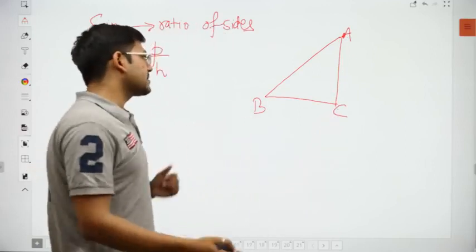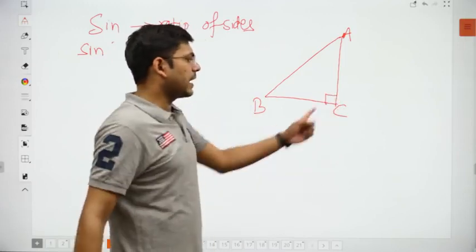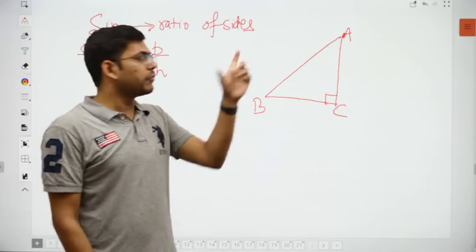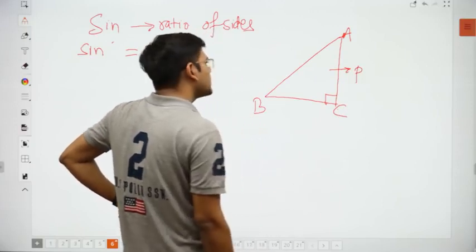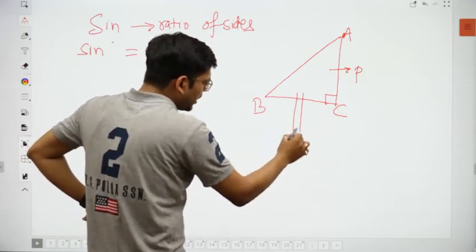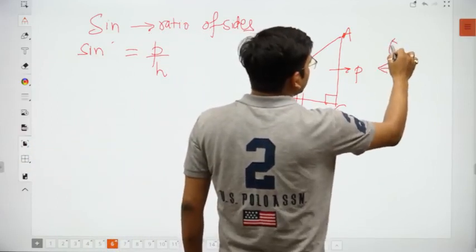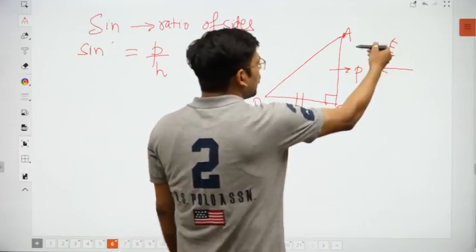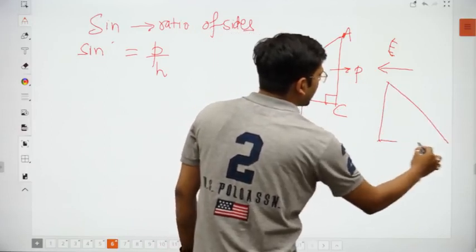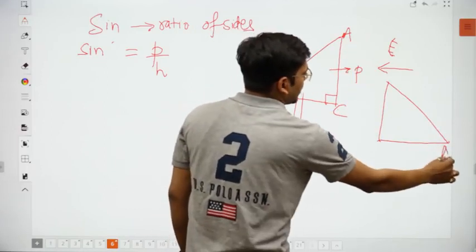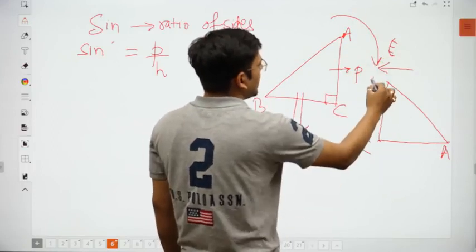So I will ask some student: if this is a right angle triangle, angle C is 90 degrees, then which side would be perpendicular? The boy will very readily tell that this is the perpendicular side. I will say okay. Now you do one thing: move this triangle or watch it from this side. If you watch it from this side, this triangle would be like this. This AC comes down here. I have rotated this, so AC becomes like this and this is B.